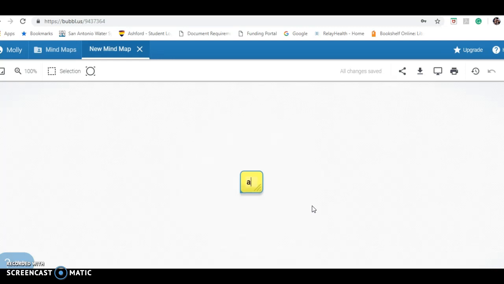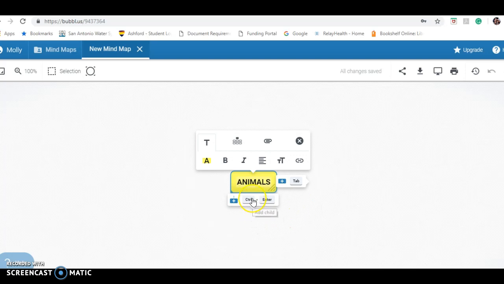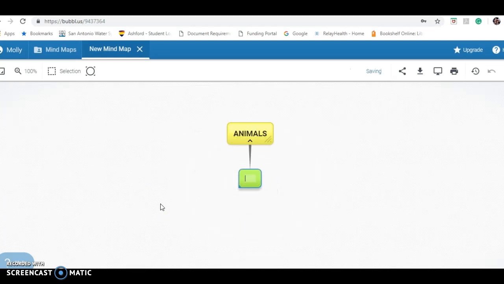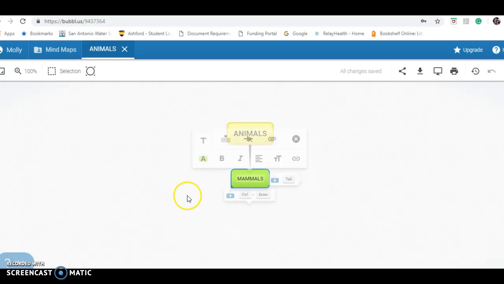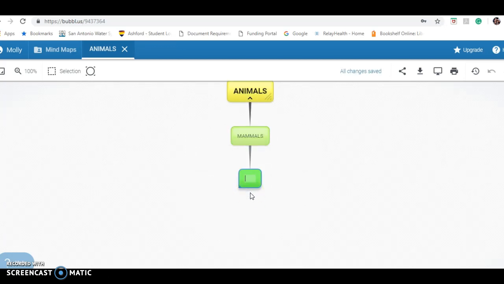So we're gonna do this one on animals. I want it capital though, so I'm gonna do that again. Hashtag space animals. So now we've got animals right here. You can click the Control Enter to get yourself a new bubble. So let's try that. Cool. Our first animal family is going to be mammals. So we move on from there, and I'm going to hit the Control Enter again to get a new bubble